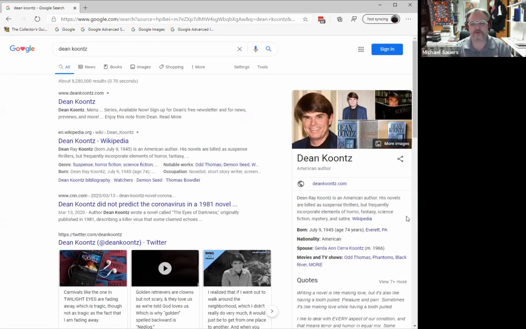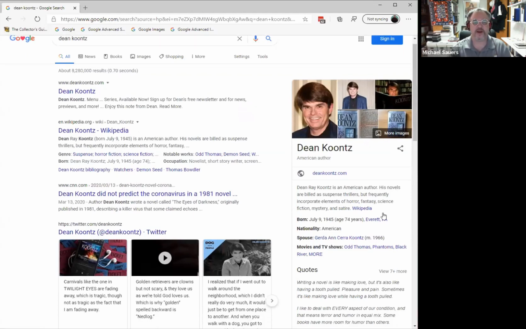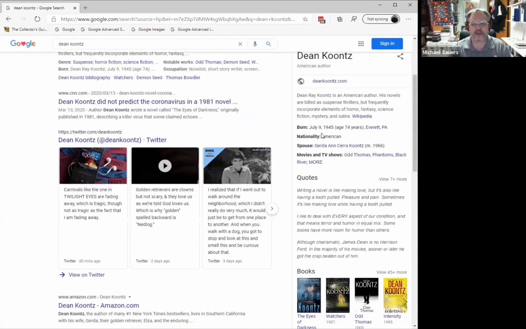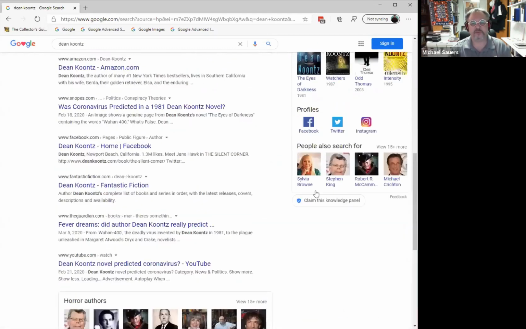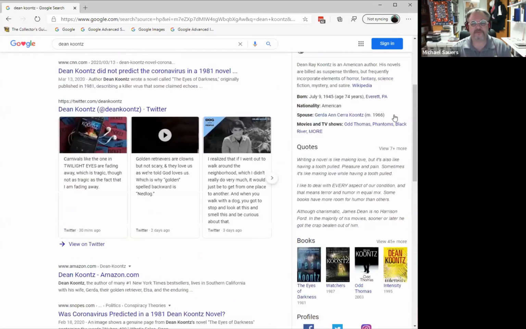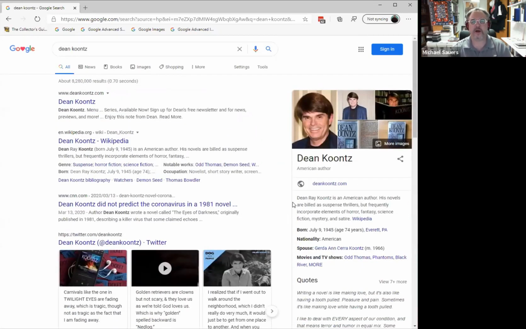Because he is an author, we also get what's called an info card over here on the right-hand side of the screen. And so in this case, it's Dean Koontz, American author, links to his website. We get a little bio from Wikipedia, birth and death if appropriate, some quotes from him, books, social media profiles, and people also searched for. These info cards will appear on authors, musicians, animals in some cases.